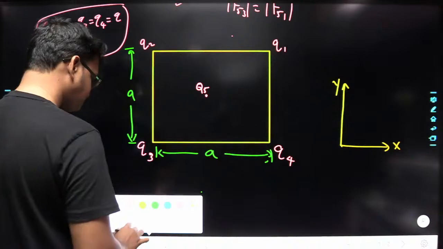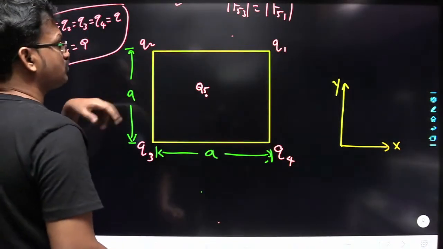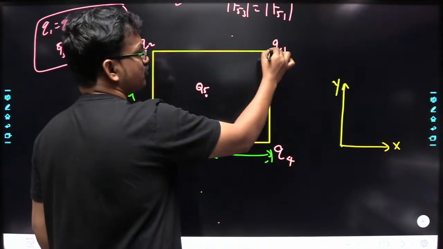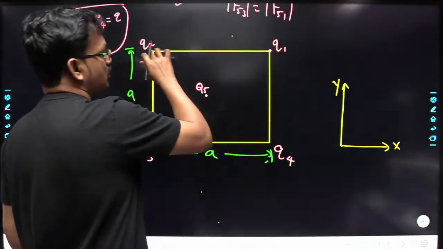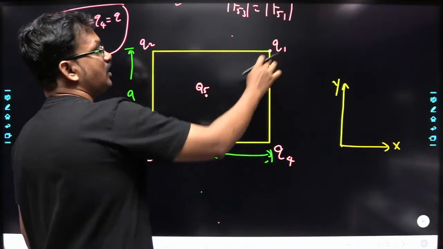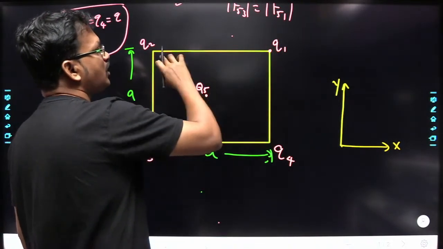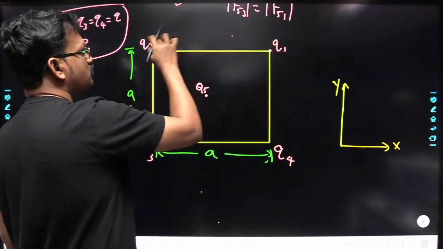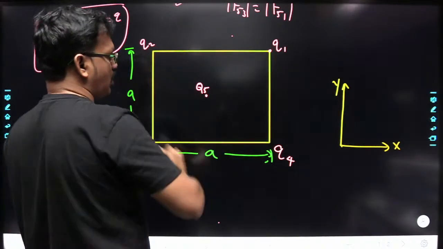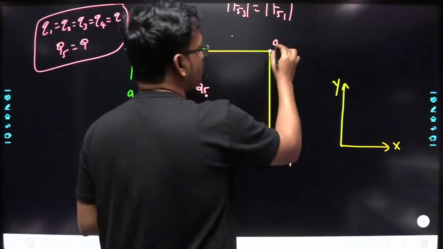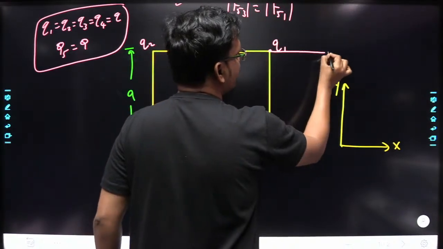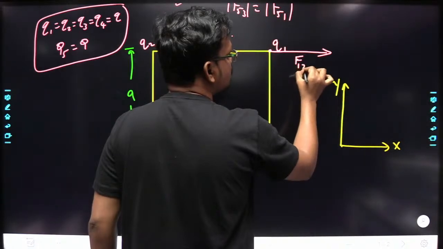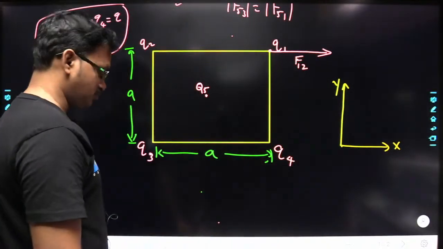Now if you observe Q2, what is the direction of force on Q1 due to Q2? That means you have to determine the force on 1 due to 2. In which direction is Q1 going to experience force due to Q2? All are of the same polarity. Yes or no? So Q1 is going to experience the force in this direction. So this is the force on 1 due to 2. Right. Next,